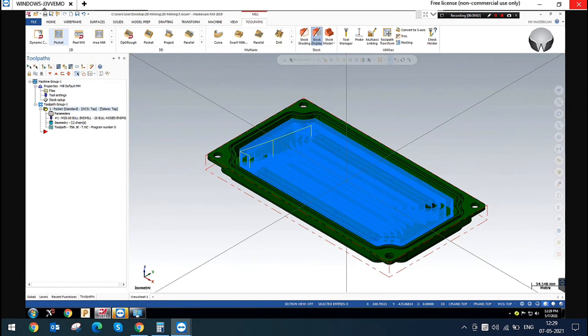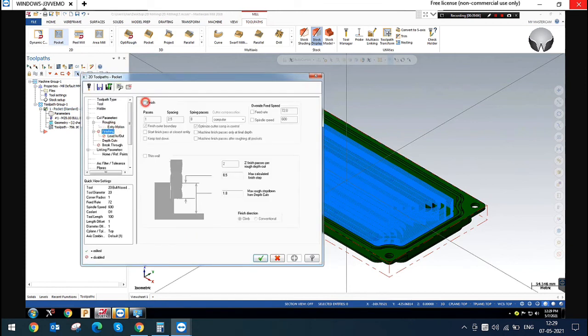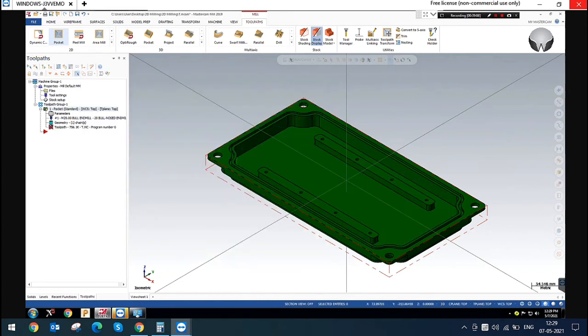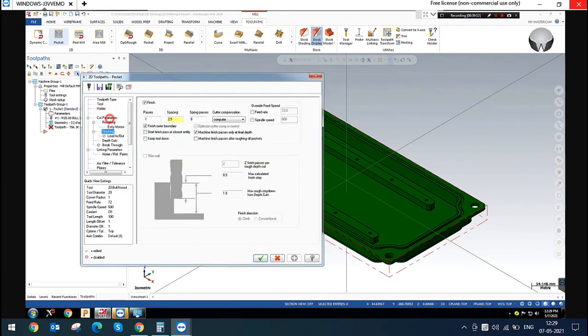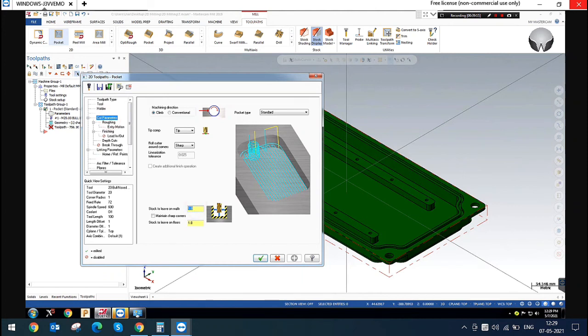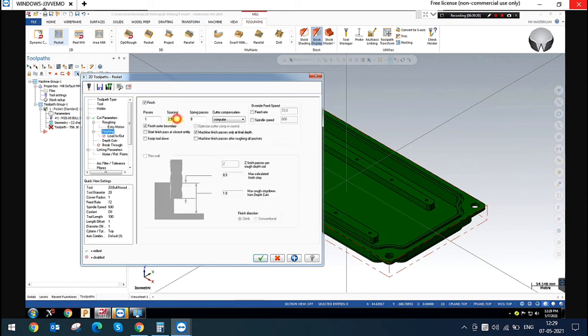How will the wall finish? If you enable this, you can see it will be finished. Before that, we have to give the 0, right? I'm just giving the 0. Finishing 0.5 only.